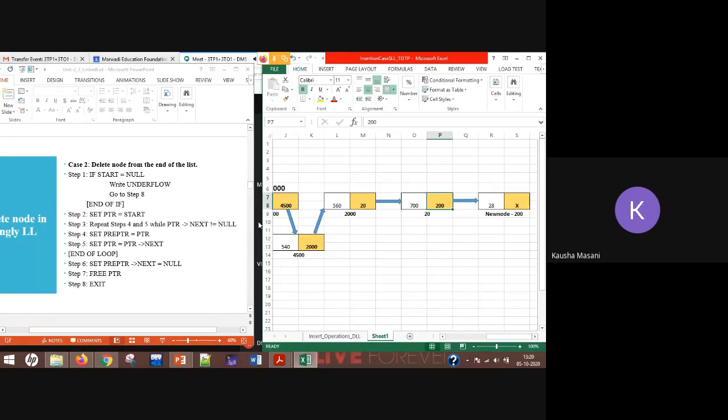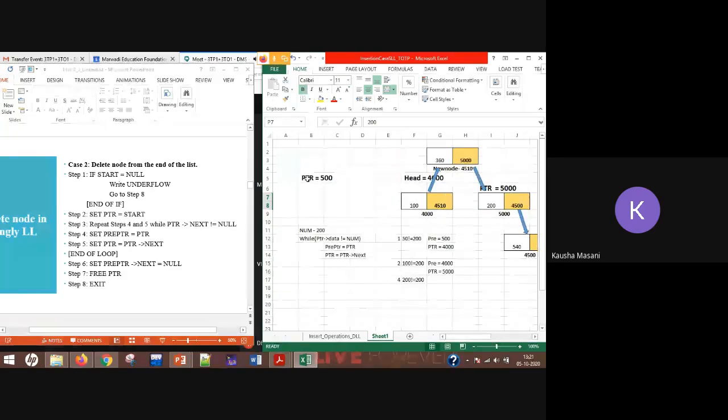Okay. So what we are going to do, first of all, again we are going to check if your head pointer is equal to null. If it is equal to null, then you are going to write printf singly linked list empty. If it is not, then again you are going to take a temporary pointer PTR. Here you have taken this PTR. Again you are going to make it point to wherever your head is pointing at. So here is my head, so again PTR equals head. So my PTR is right now at 4000 along with my head.